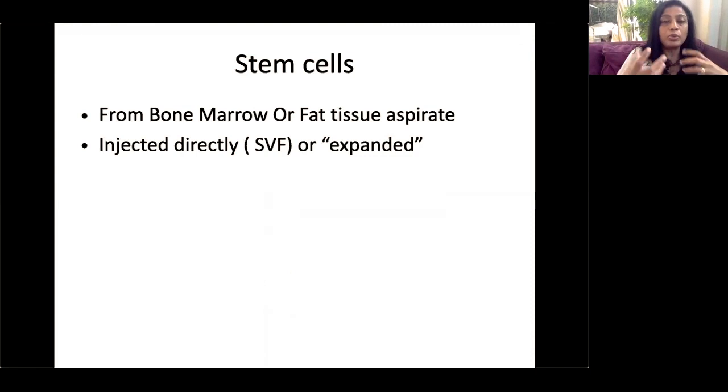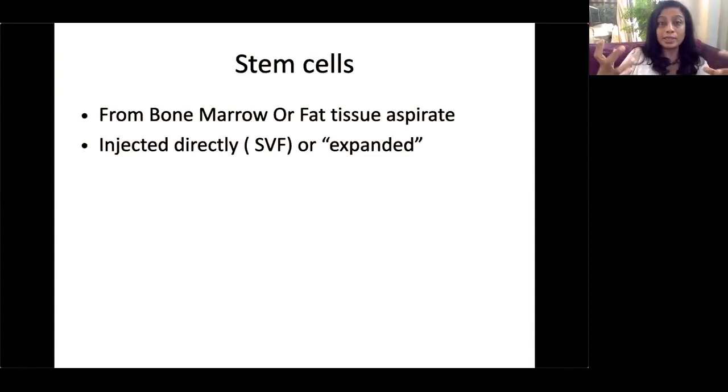Stem cells also work well. Platelet-rich plasma definitely works better than hyaluronic acid and better than steroid injections, and stem cells also work better than both of those. The stem cells can be removed either from your bone marrow in your hip or from the fat around your abdomen. And it can either be injected directly after a little processing,